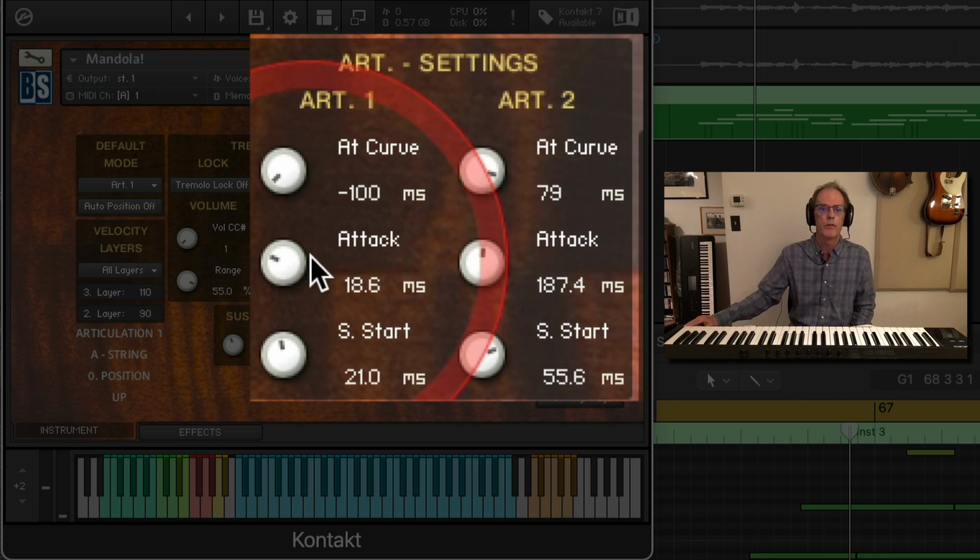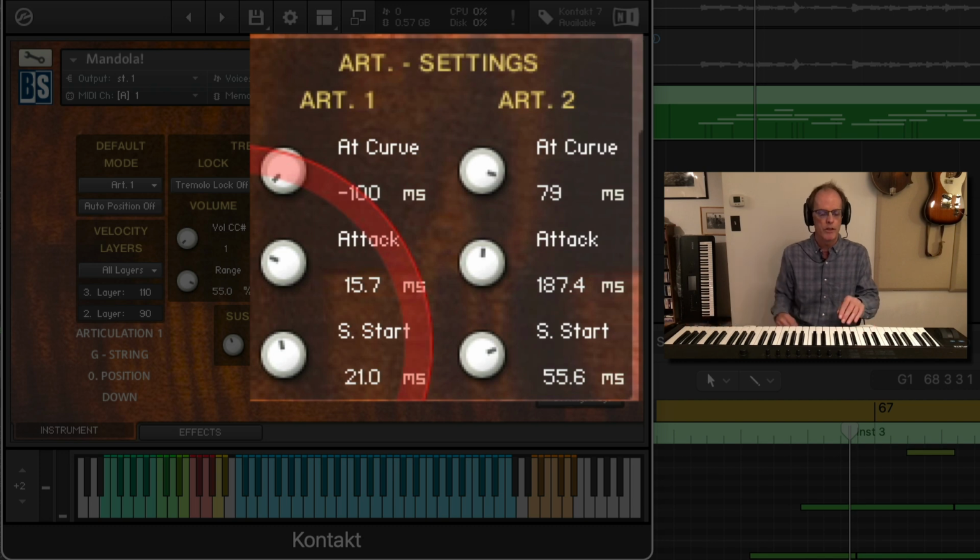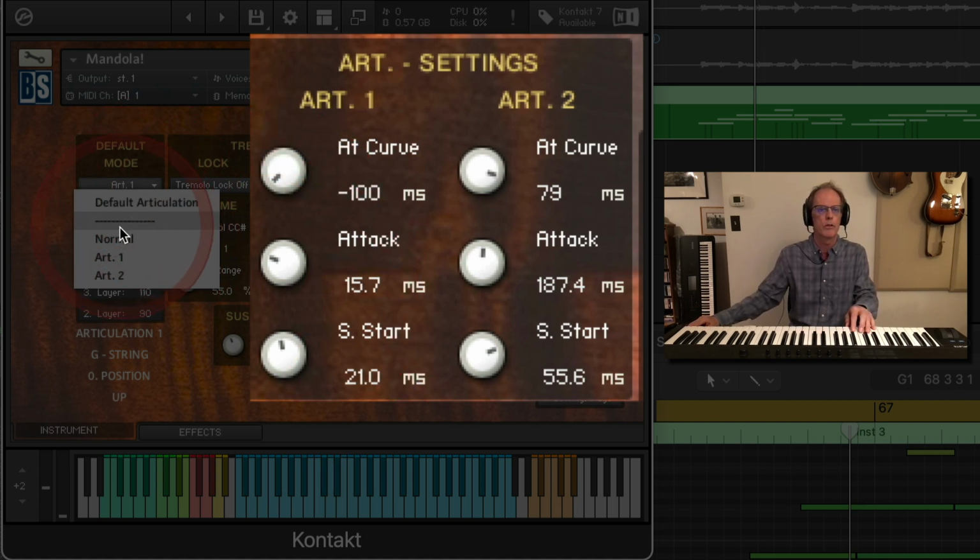And the parameters we have available, we have the attack speed, sample start, so it starts a little ways into the sample, which darkens the attack a little bit. And we have the curve of the attack envelope. So at extreme setting, if I bring this up, obviously you're not going to use it at that setting, but just an example. So this is set at 15 milliseconds fade in. Notice it has quite a bit of a softer attack. If I return to normal,